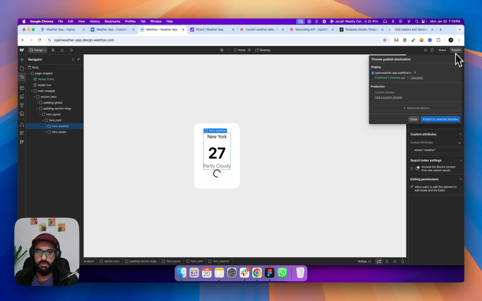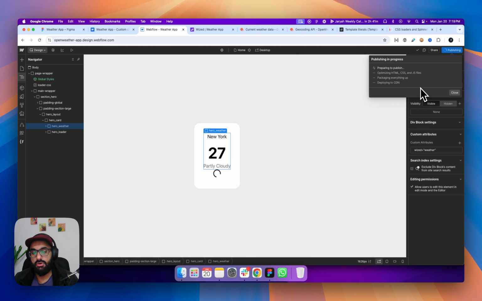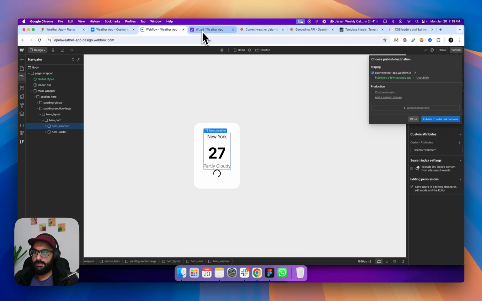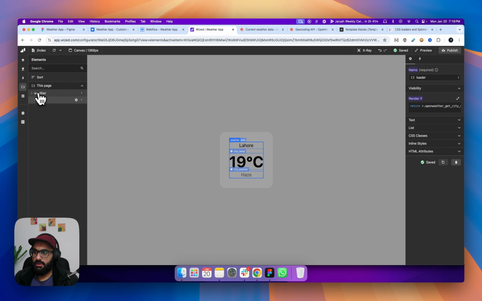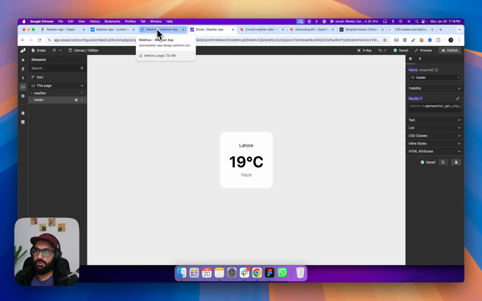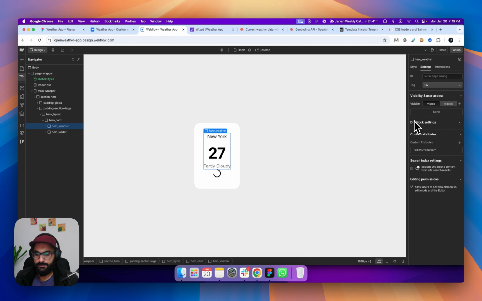Okay, let's refresh the page, republish the page, and let's reload that part. So now what we can do is, while we are making a request, we need this part which is hero weather, we need to keep it hidden,